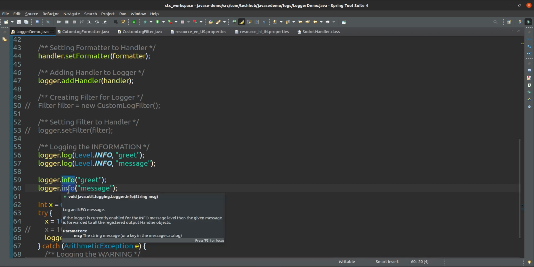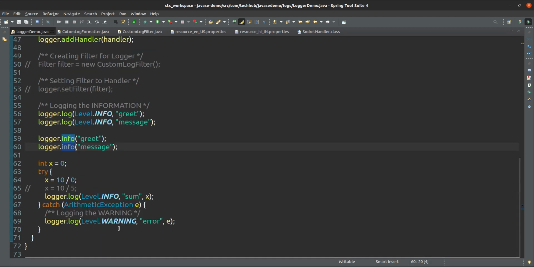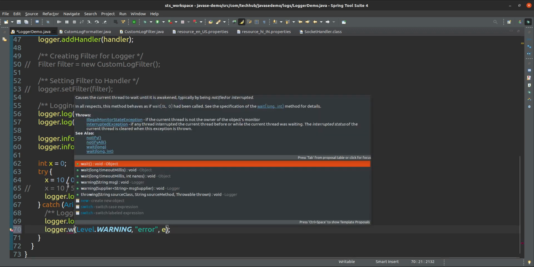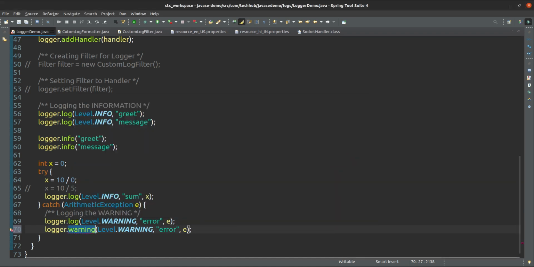Info means this method is for info level log only. If it is a warning, then you can do warning level log using the warning method, like that also. But for warning, you cannot give the level.